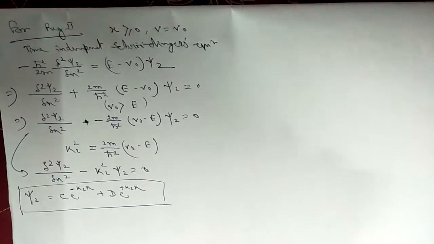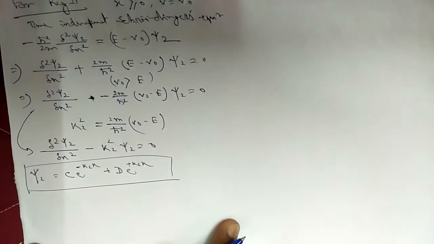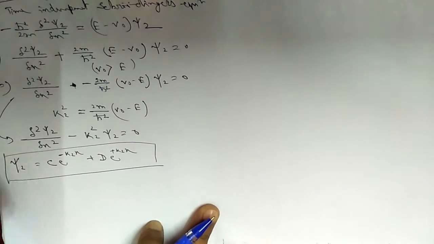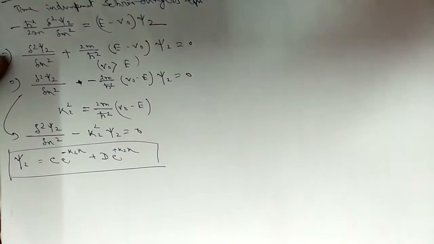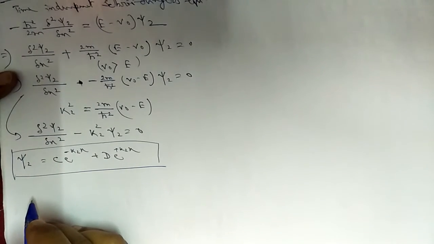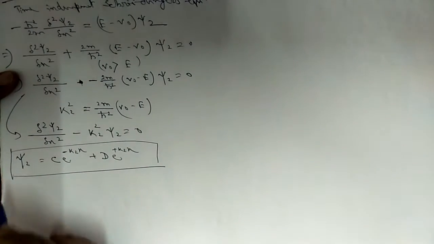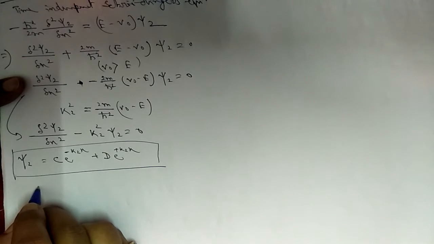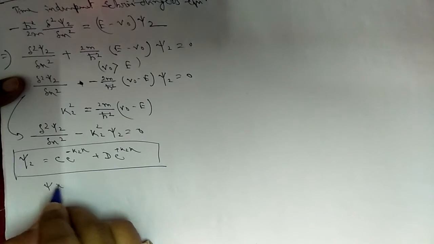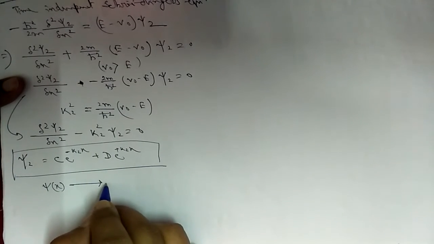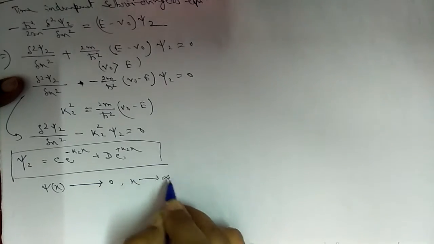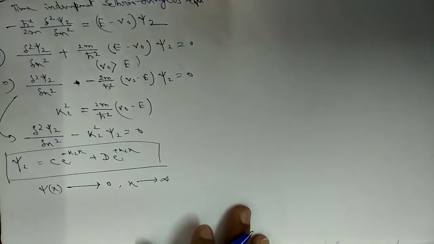Before that, we have to do one more trick. The trick is to examine the feasibility or physical significance of the wave function. So how to examine the physical significance of a wave function? Look at that. That is also very simple. That is the wave function. It has some property like that psi, a function of x, will terminate to 0 if x is tending to infinity.